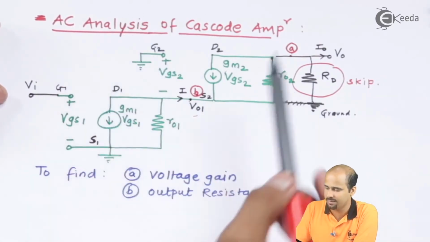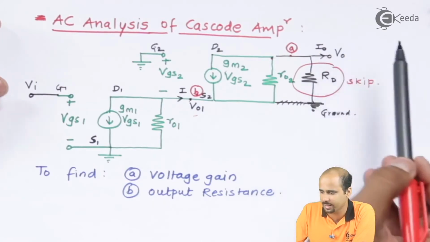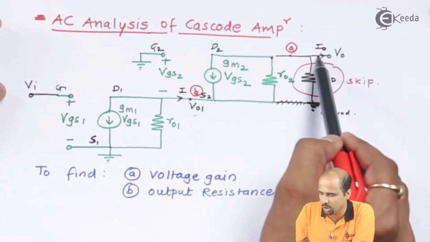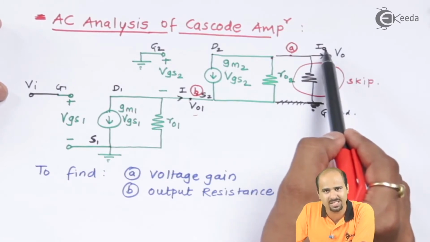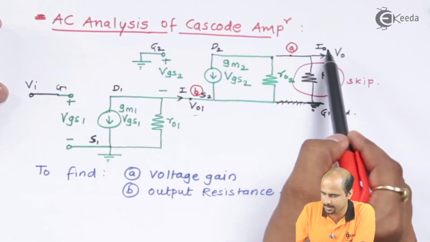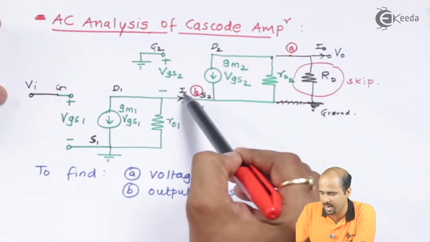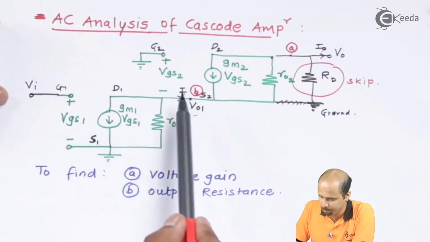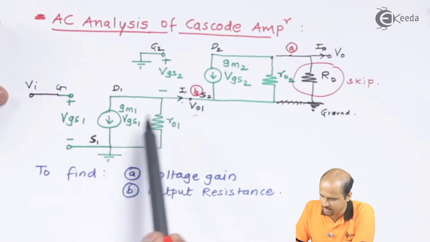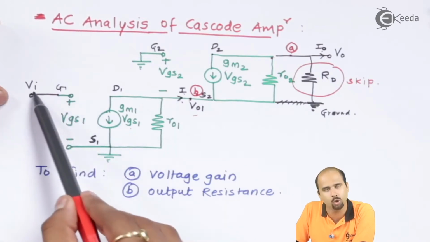But hold on, when I am saying that this output voltage VO is not yet connected, this is an open circuit, so current flowing through this particular branch is IO, and that is equal to 0. So I can say that the same current I am getting over here. So I can say that I is equal to I0 is equal to 0. Now at the same time, I can also say that this VGS1 is equal to the value of VI.